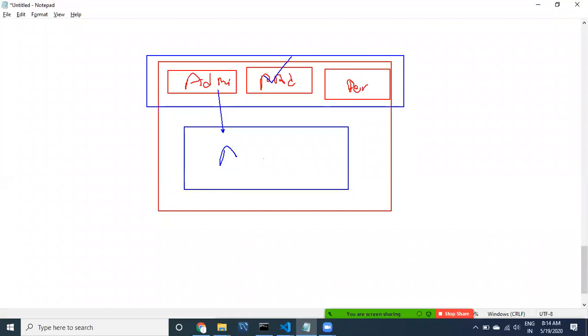The same way, if the user clicks on product, then we have to display the product component here. Now what should happen to the admin component? Previously it was displayed, but it is going to get overridden. The admin component will be removed from this area, and the product component has to display here. Now when the user clicks on the person menu item, our goal is that the product component which was displayed has to be removed, and the person component needs to be displayed. So this is navigation.